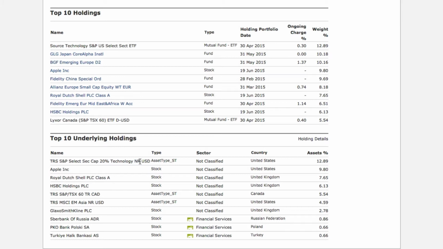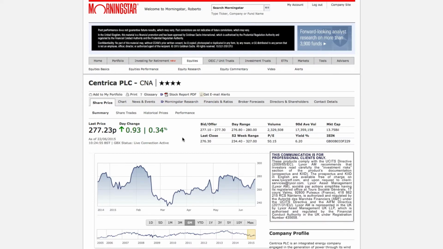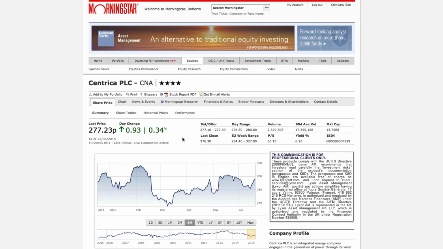So if I want to find investments that will help me balance my portfolio, or I want to ensure I'm invested in the best investments in each area, as a premium member, I've got Morningstar's entire stock and fund research team helping me out. Let's take a quick look at some examples of our analyst research available to premium members only. Here is a look at Morningstar's equity research.